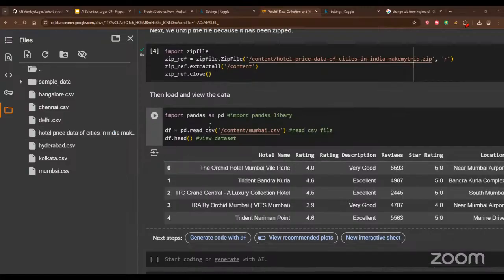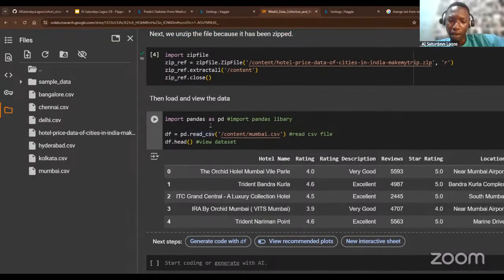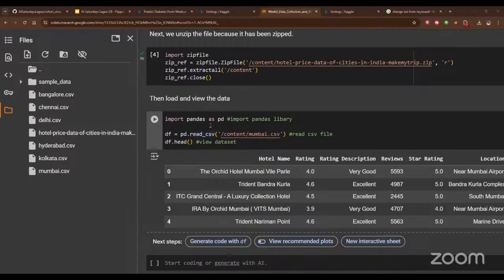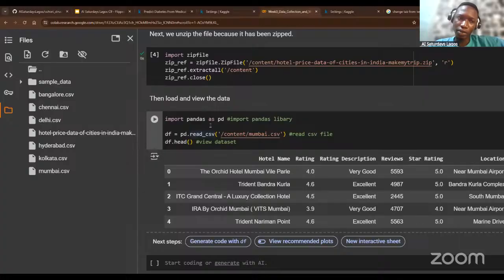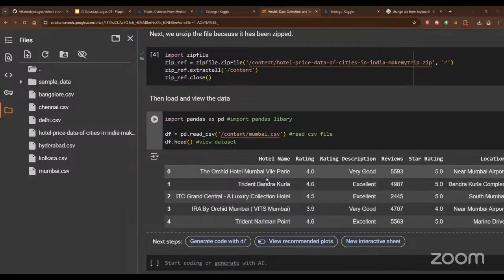While you were scraping, unless you decide to save it as a CSV file, you won't see it here. If it is just a normal script, you are supposed to see the output, just like where I'm seeing this. I saw all the outputs, but when I wanted to move it,